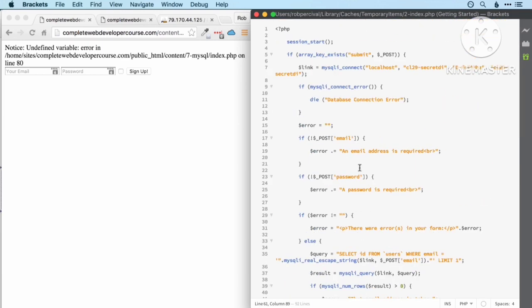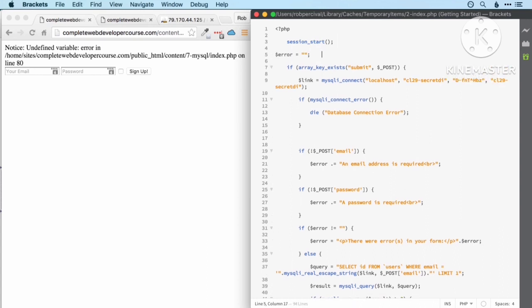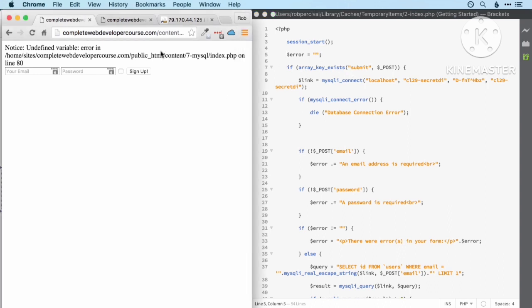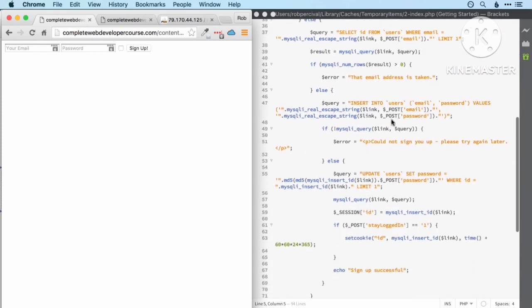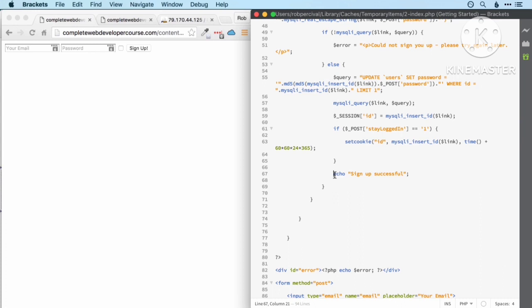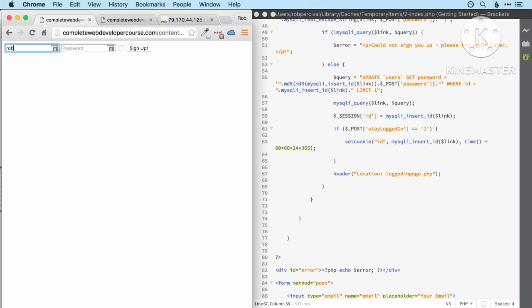So we want to, yes, as we saw before, we want to create the error variable before we check for a post variable. So instead of saying sign up successful, we now want to link them or redirect them to the logged in page. Wonderful. So let's sign up